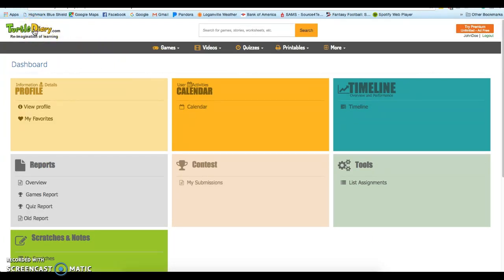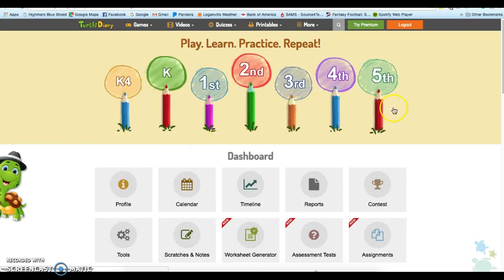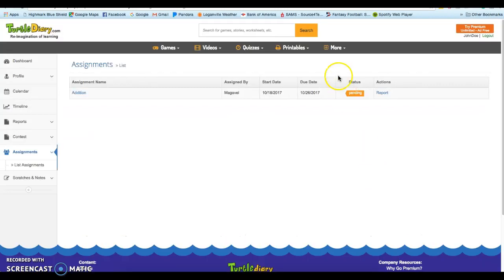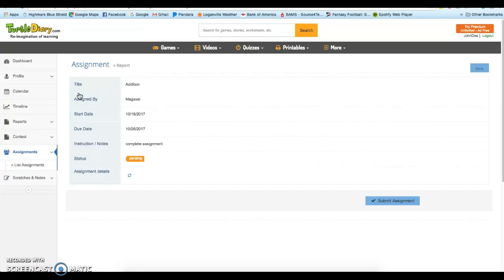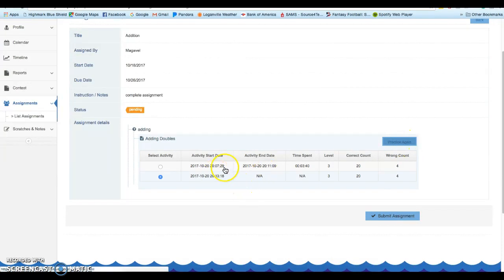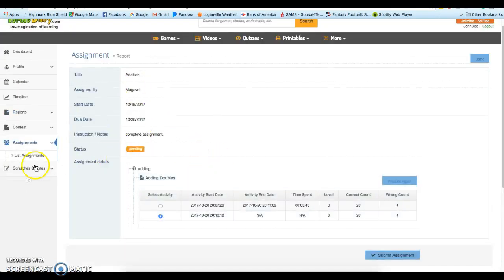But if you look at his homepage, it's similar to what the teacher sees, which is really neat. So that if they have free reign, they can go into different activities. If he came in here, he could go to his assignments, and then you can see that this is a pending activity. So I assigned that to him, so he would go in and complete it. And he can just click on it and practice again, and he would get in and finish it. And then his list of assignments, he can see